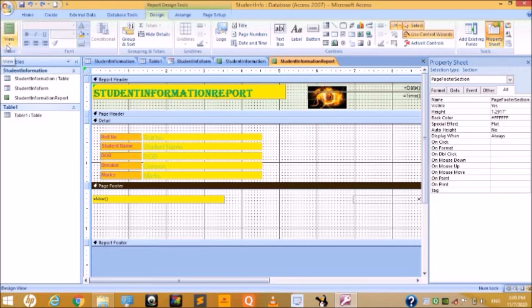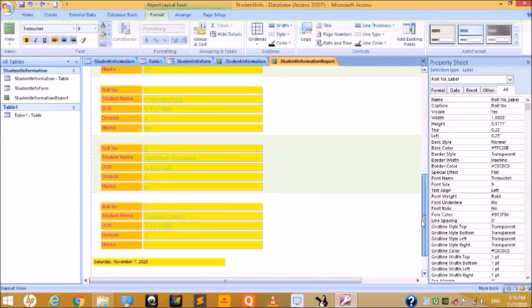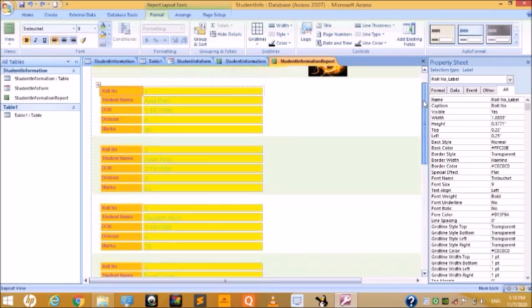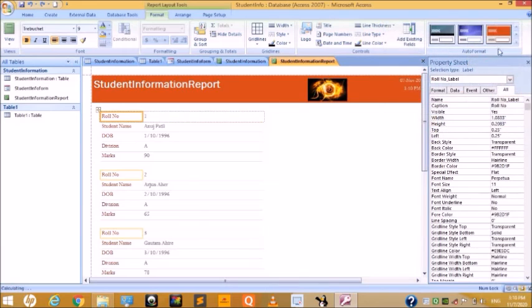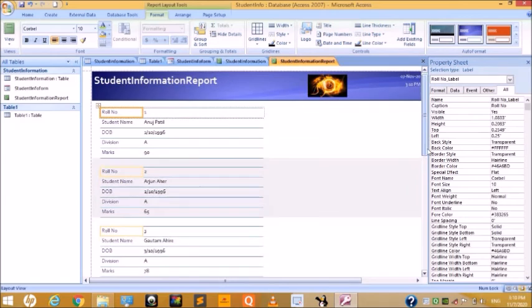So let's view this layout. Click on the view option, choose the layout view option. So look at here, this is our whole report. Total 7 entries here, day, date also here. These are 7 entries, logo here, date and time here. This is our header. Okay, in this way you can also auto format it, change the style format like in this way.